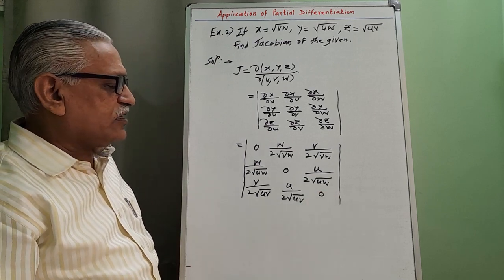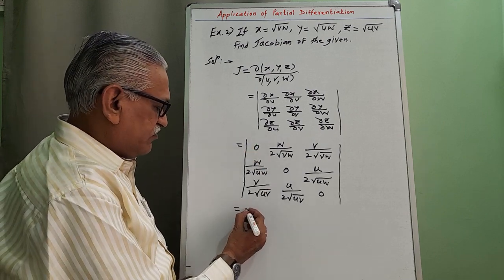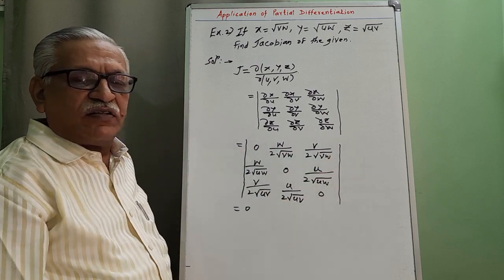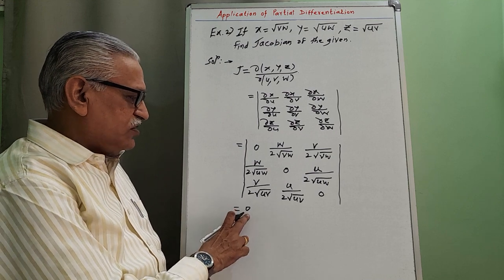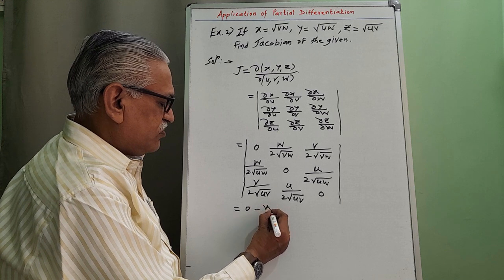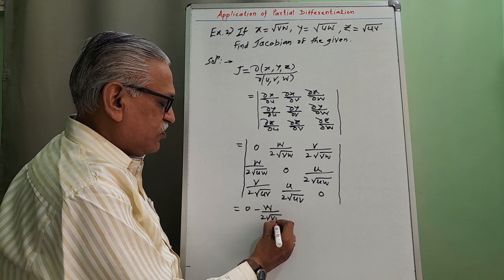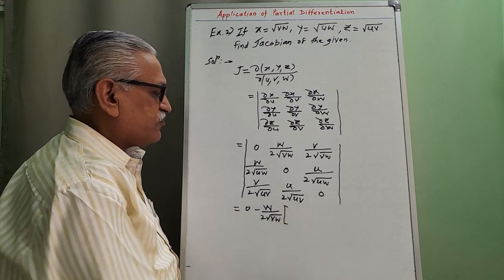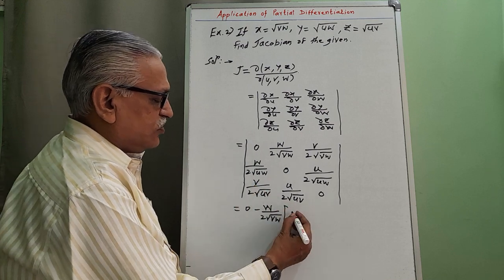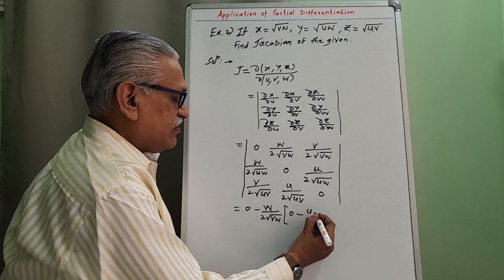And then evaluating this third order determinant as usual, therefore 0 into the determinant of these 4 elements, 0 multiplied by any term we get 0. Then second, with minus sign, minus w divided by 2 root of uw into, neglecting this row and this column, product 0 minus this product, it is uv